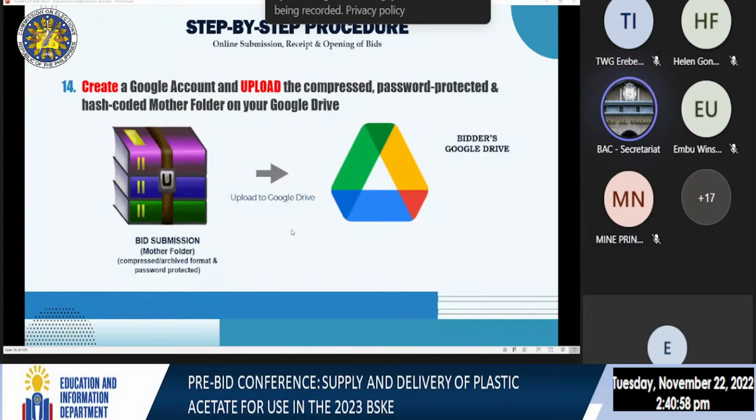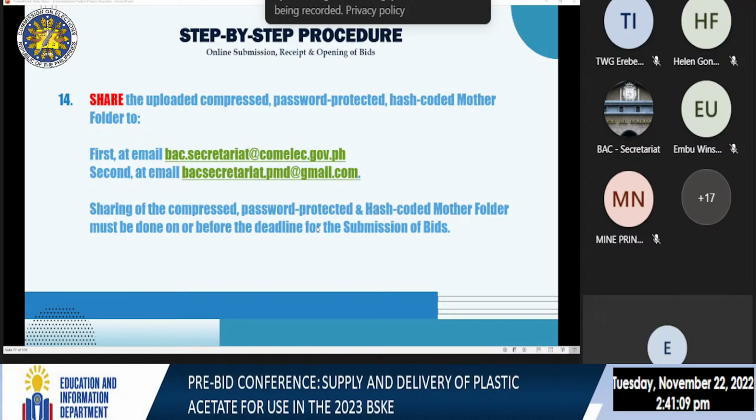And then create a Google account. Next step is to create a Google account and upload your compressed, password protected, and hash coded mother folder on your Google Drive. Then once uploaded, share the uploaded compressed, password protected, hash coded mother folder to, first po, separate po itong sharing nating gagawin. First is at email